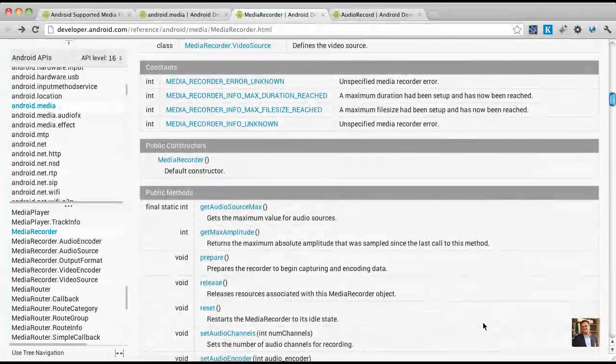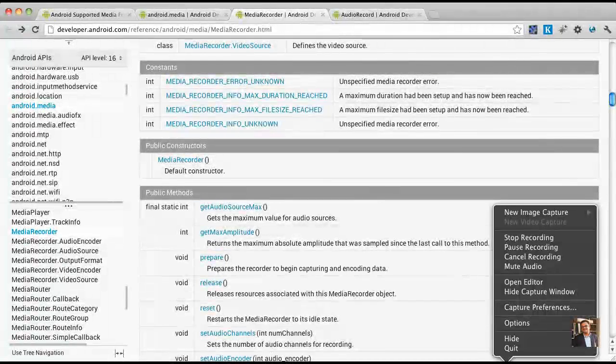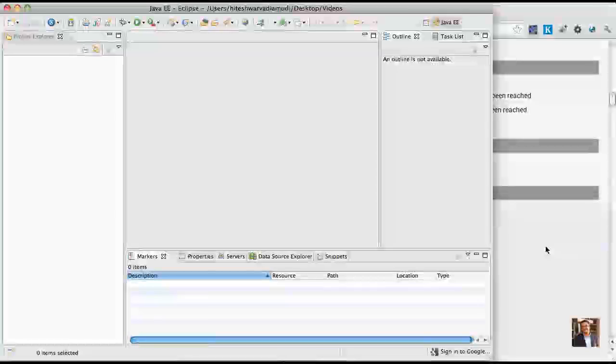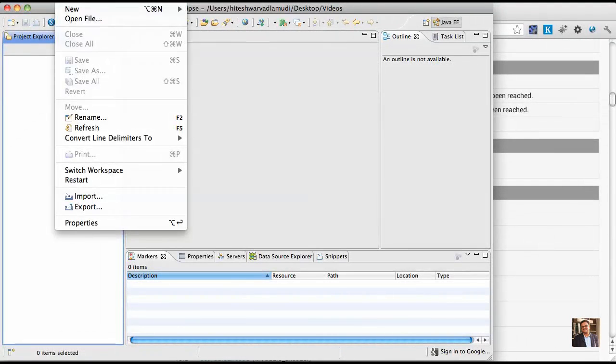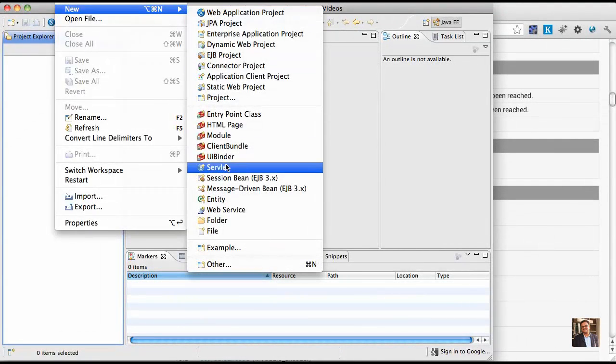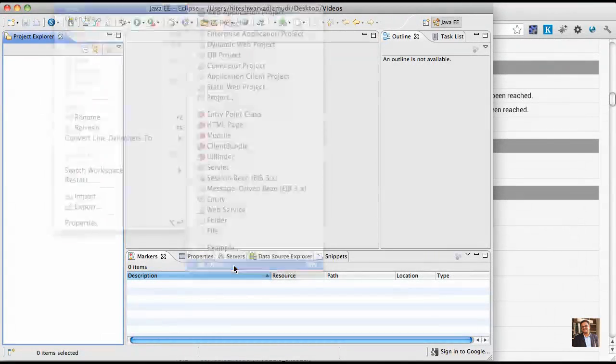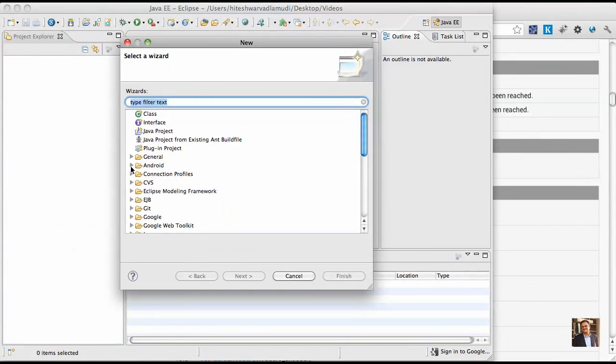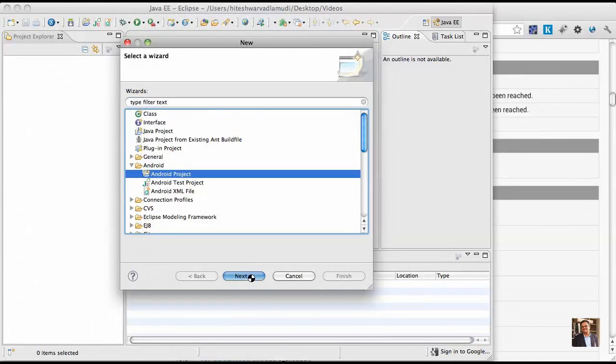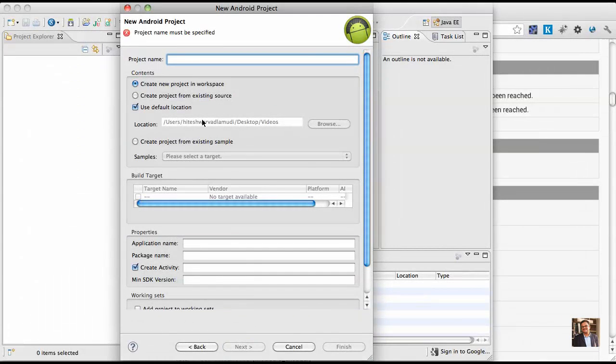So let's get started with recording an audio file using the MediaRecorder class. Let's begin now. The first step is to create a new project. So I'll go ahead and create a new Android project, and I'll name this project Hitesh Media Recorder, and I'll name the package